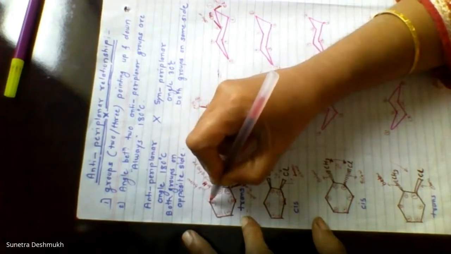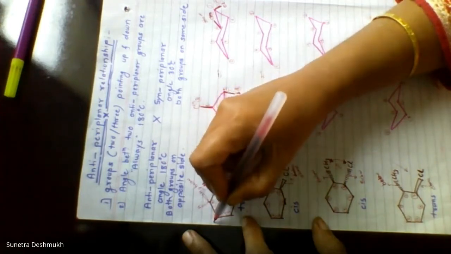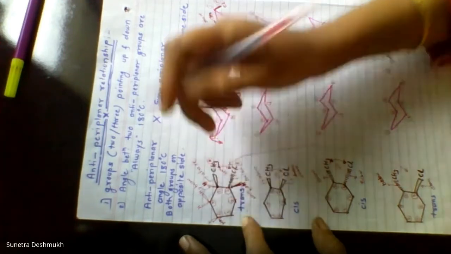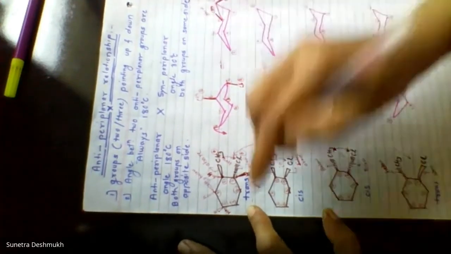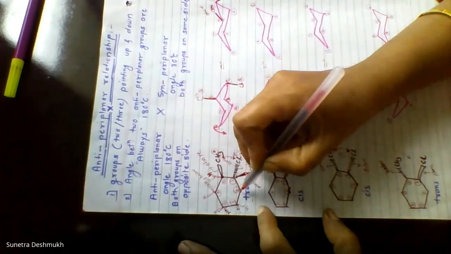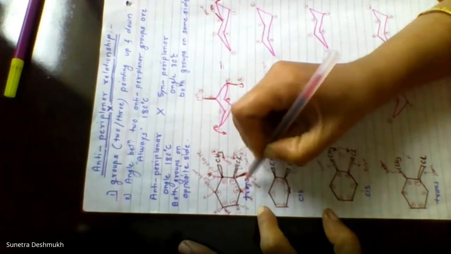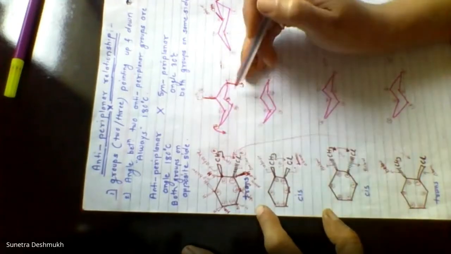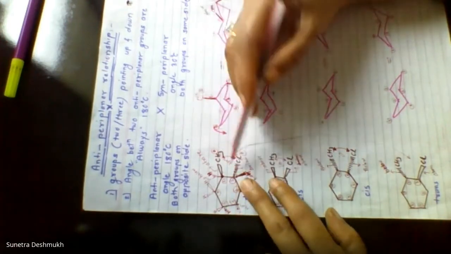Now I will write all the hydrogens present over here. Hydrogen above the plane, hydrogen below the plane. Hydrogen above the plane, hydrogen below the plane at the fourth position. Now the fifth position: hydrogen above the plane, hydrogen below the plane. Sixth position: hydrogen above the plane, hydrogen below the plane. Okay, so all the possible hydrogens, all the substituents I have drawn. Now you have to write all the substituents over here. So I'm going to draw now.